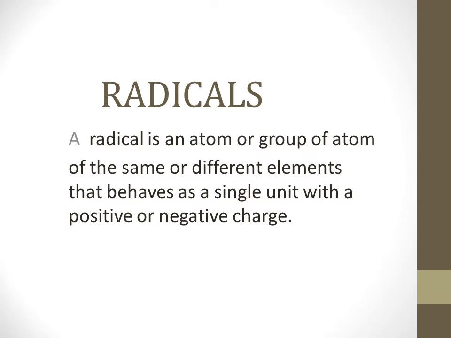Let me explain it. The molecule of a compound is usually made up of two parts, and these parts are separately known as radicals. For example, let us consider a molecule of sodium chloride. It has two parts, sodium and chloride. So sodium is one radical and chloride is the other radical. Similarly, magnesium carbonate also has two parts. Magnesium is one radical and carbonate is another radical.